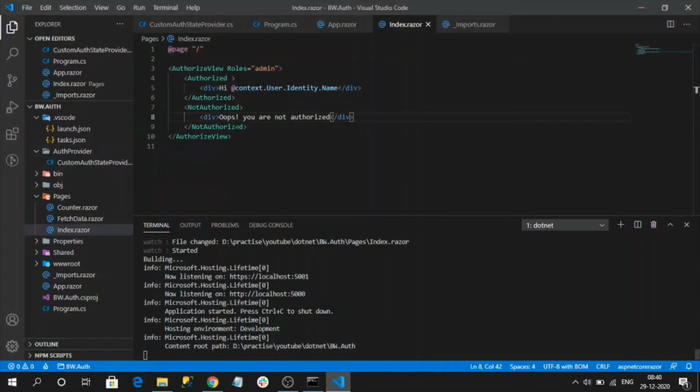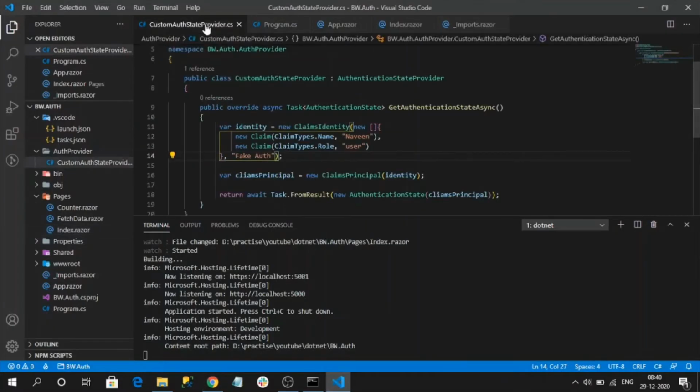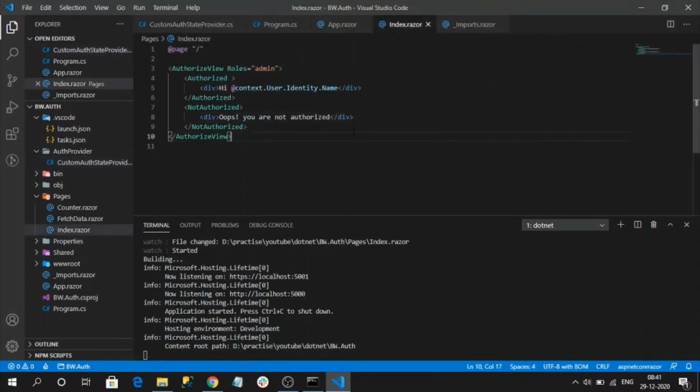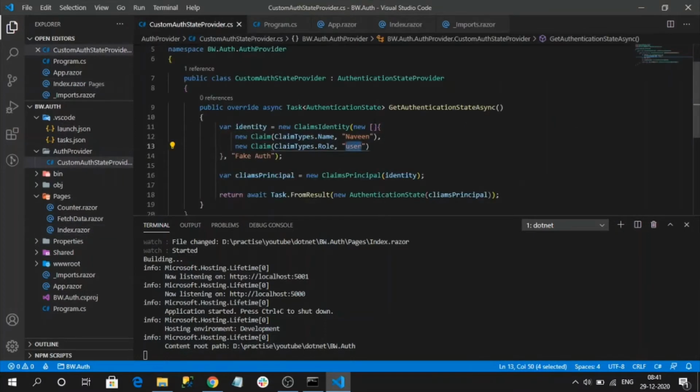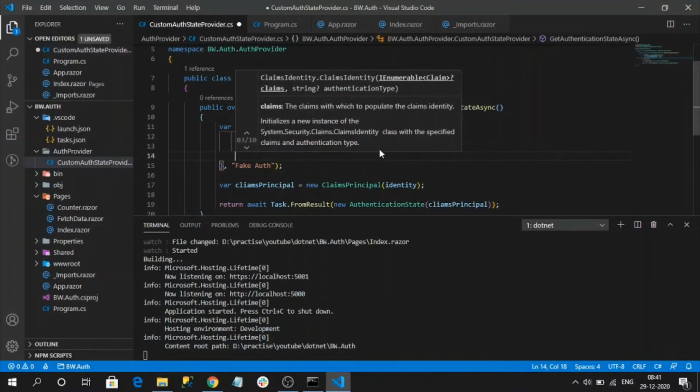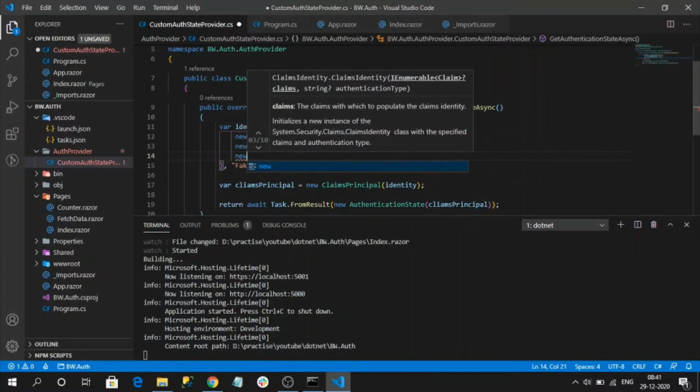Why? Because the role for my authenticated user is only user, right? I don't have any other role. So it is showing me you are not authorized to access this page. If I have the admin role along with user, then it will work for me.